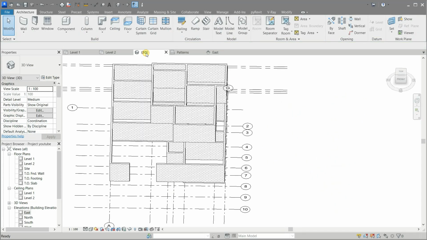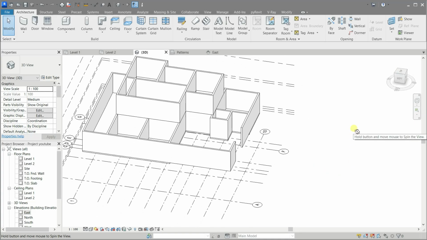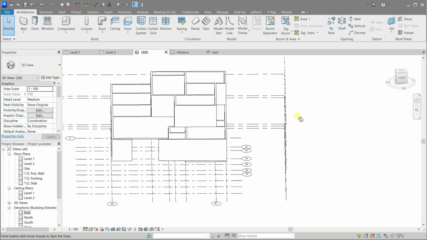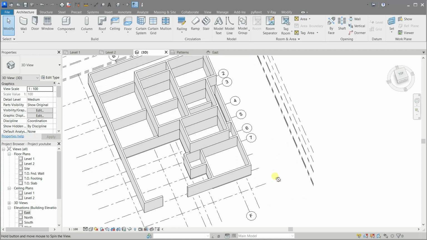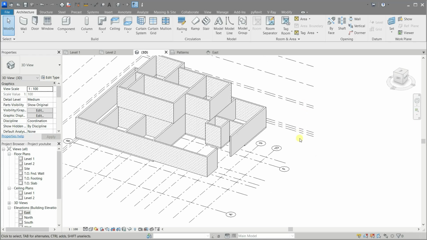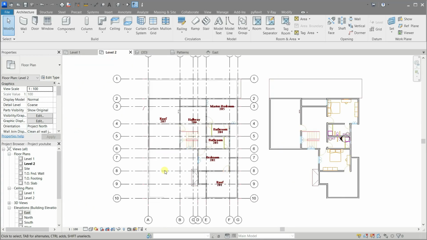Let's see how it looks in the 3D view. Now let's head to level 2 and repeat the process.